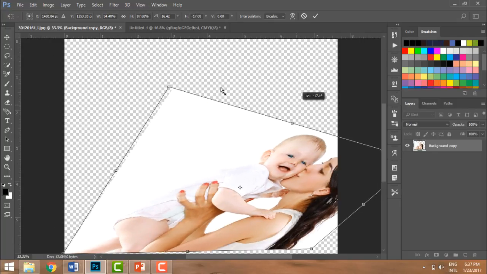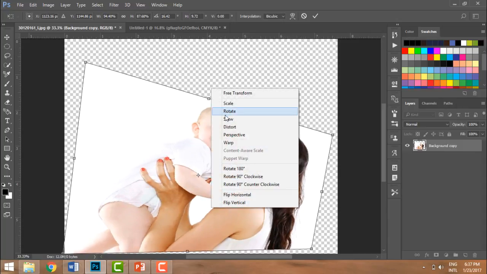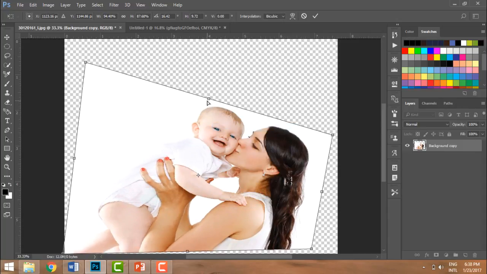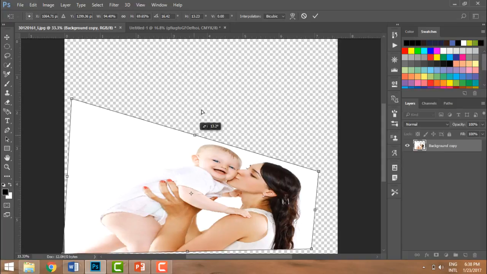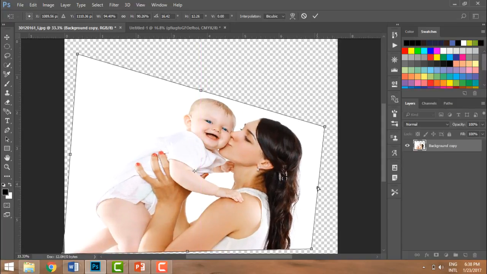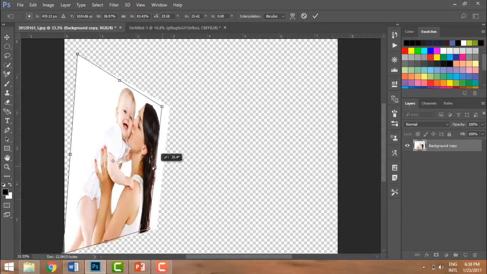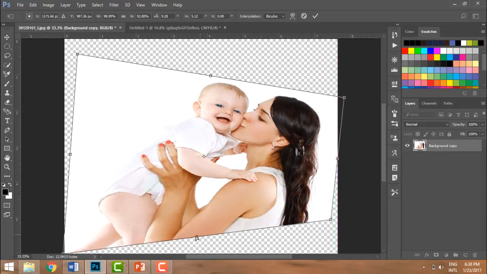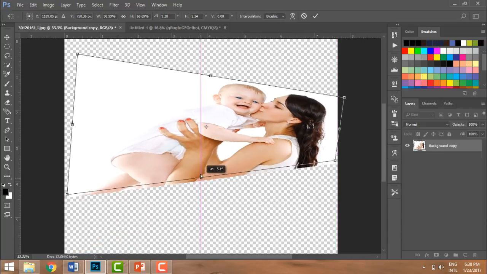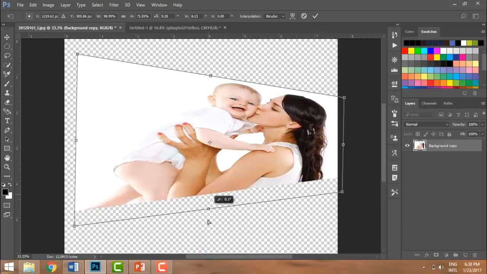So wherever way I want, I can do it. Again, I have distort. So this one will let me change in a particular direction. So I want to make it down from here, or I want to change it here. I'm going to decrease it from this size. I want to distort it from the upper side. So I want to decrease it from the upper side. So it will help me